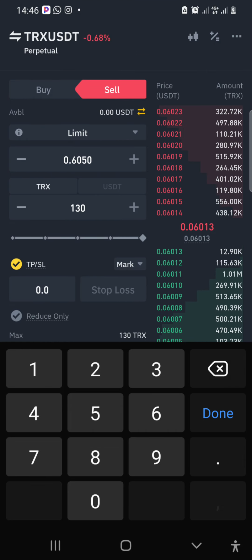If you want to sell, it means you want price to go down. If you want to buy, it means you want price to go up. So sell price now, my take profit will be less than the amount I want to sell. While my stop loss will be above price. So for instance now,